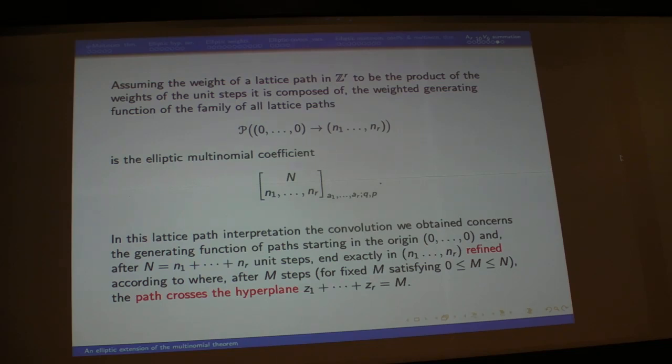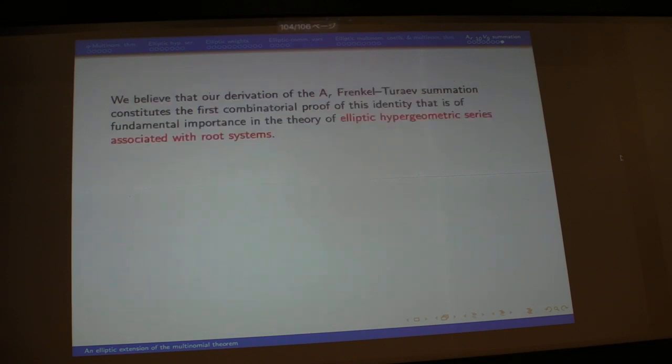We now fix an integer n less or equal to n and greater than 0. And we refine according to where, after the m steps, the path crosses this hyperplane, where the sum of the variables is n. And it has to pass that somewhere. And this gives, of course, a combinatorial interpretation of the identity I've shown you before,